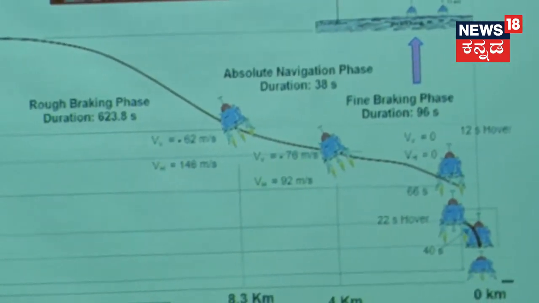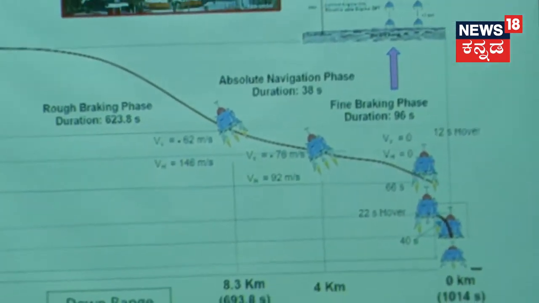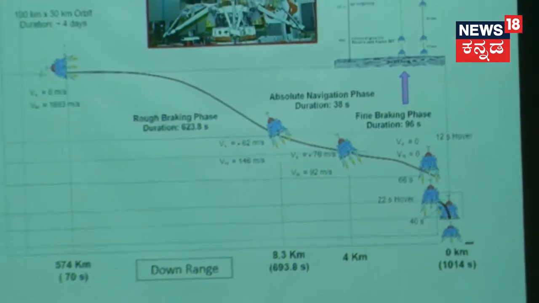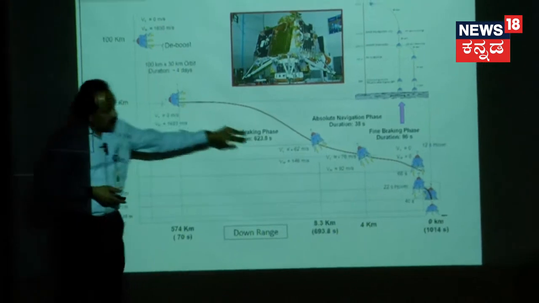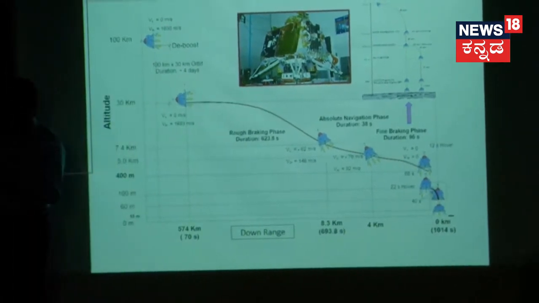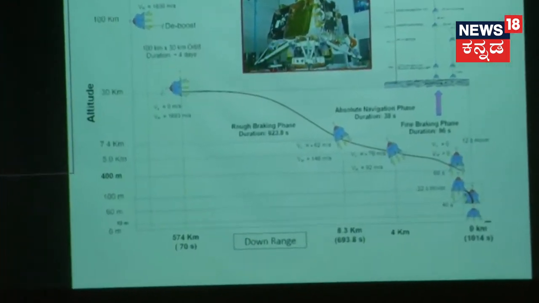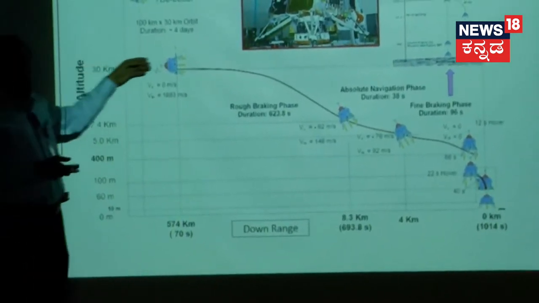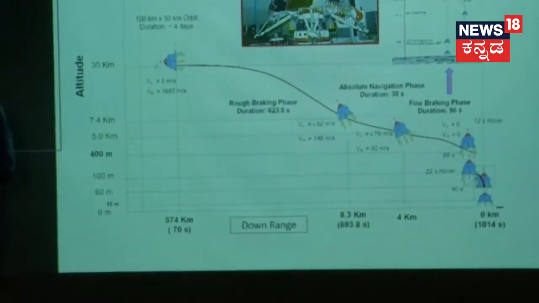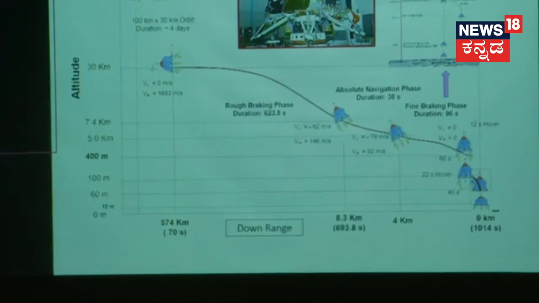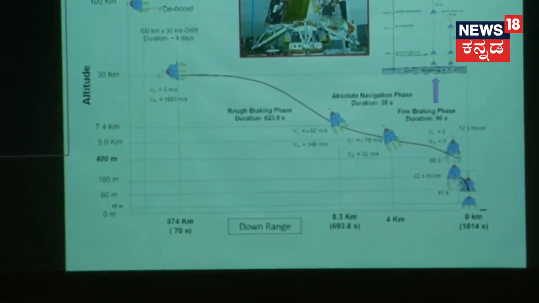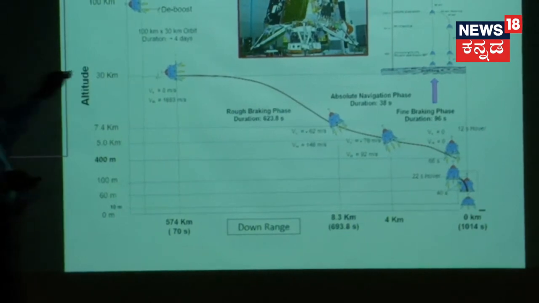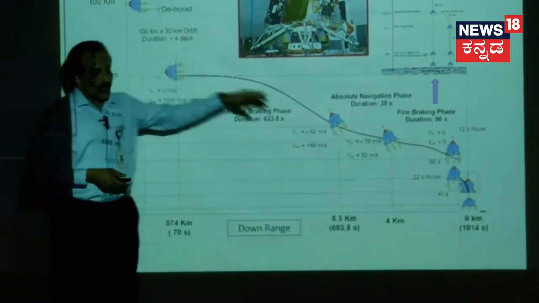Either use a radar altimeter or optical system or laser altimeter or similar instruments to find out where exactly it is. So all this will come into play when it has reached a certain height where the sensors will actually start functioning. Until then, we depend on the inertial system which is inside. The inertial system is a laser-based gyroscope which measures its position in the manner a typical inertial sensor measures. So the whole process of traveling from here to here is a controlled manner.